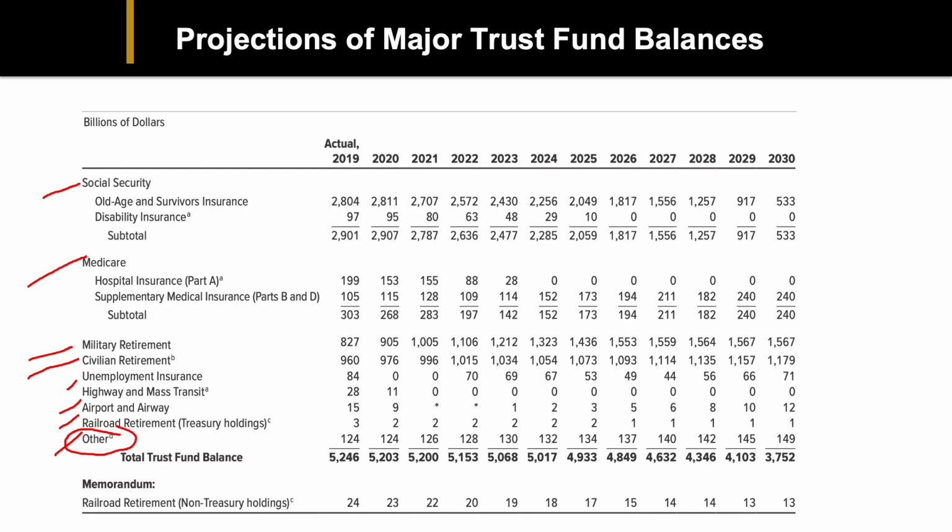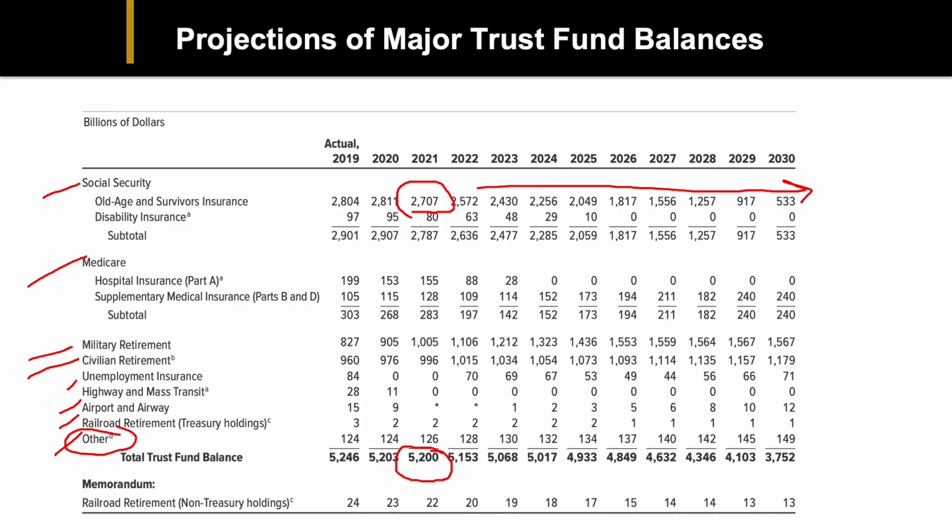So you'll see this is a table of the current balances and the forecast balances over the next year, so you can see roughly where they are right now. So, for example, the total trust fund balance for the federal government is about $5.2 trillion. By far the biggest trust fund is the Old Age and Survivors Insurance. That's got about $2.7 trillion in the fund right now, but you'll see that's very quickly disappearing.